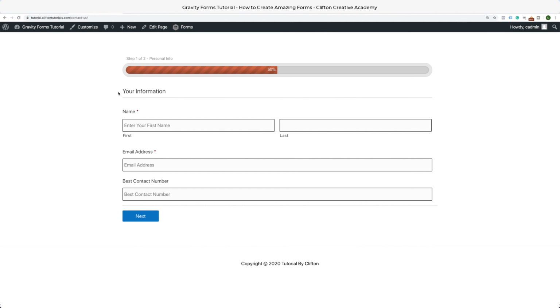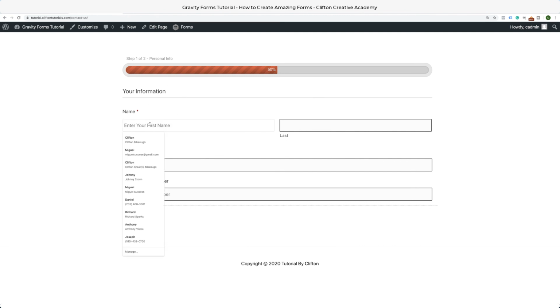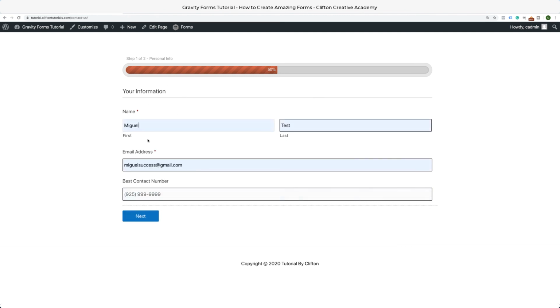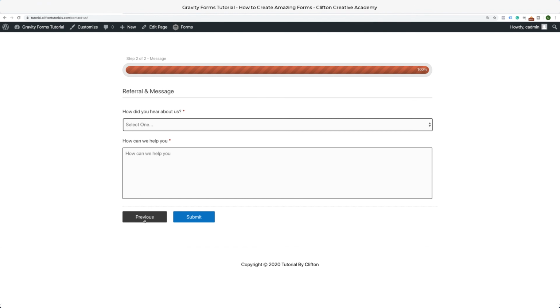you'll notice that now I have some labeling going on, and I can create a pretty nice, well-informative form here, right? So I have some labeling going on. If I fill in my information, click next, okay, referral and message, and so on. So you can see that Gravity Forms is actually a pretty powerful form. In the next tutorials or videos that we make, we'll go into more depth and create more complex forms of Gravity Forms. But I think that anyone who is looking to use forms, it's always good to get a form